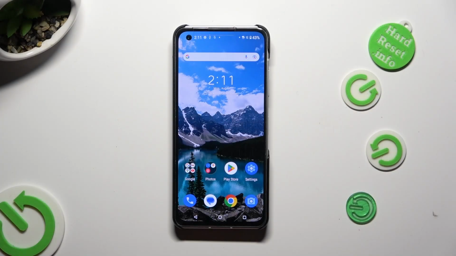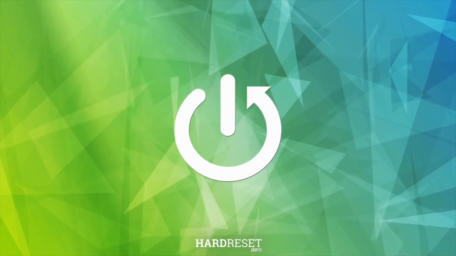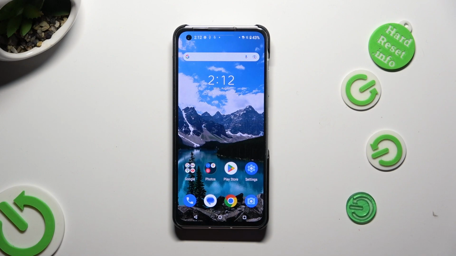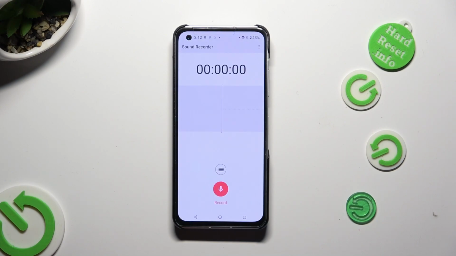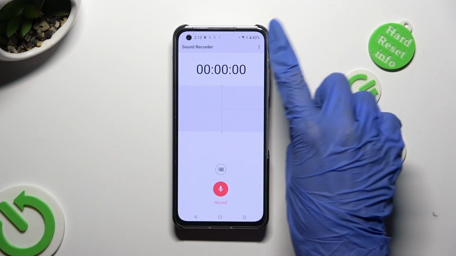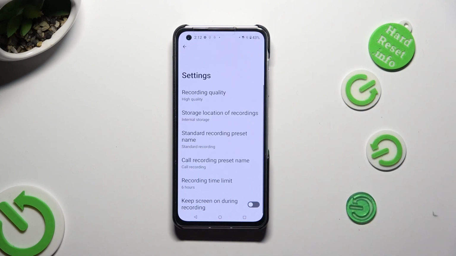In front of me is ASUS ZenFone 10 and today I would like to show you how you can operate voice recorder. You need to begin by locating Recorder app and clicking on it. Following that, tap on those three dots at the top right corner, hit Settings, and manage all of them before